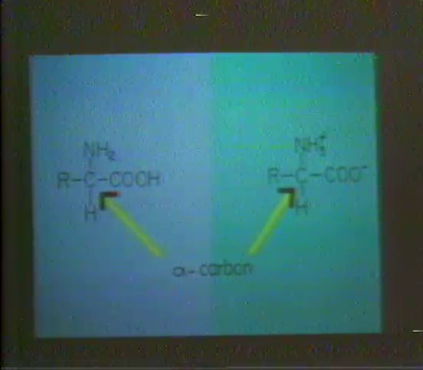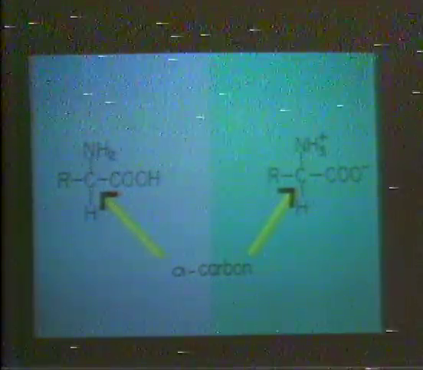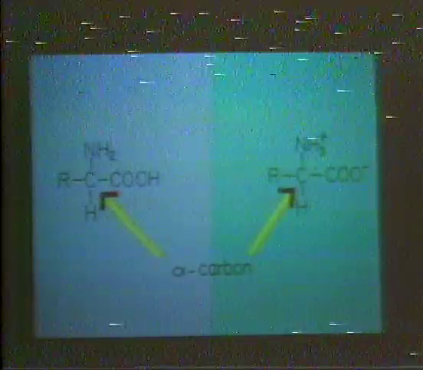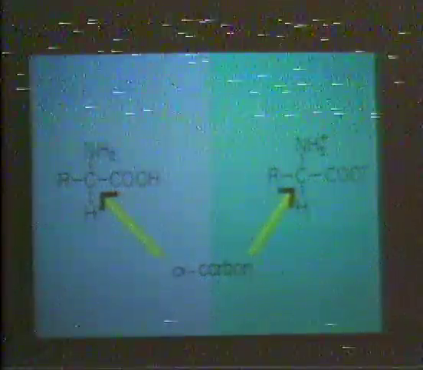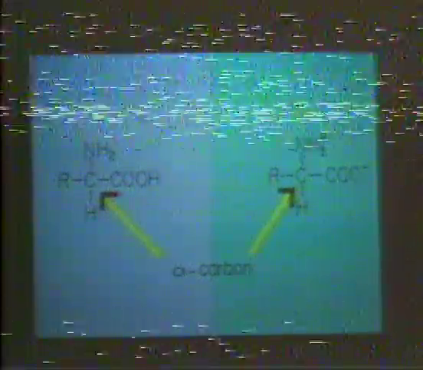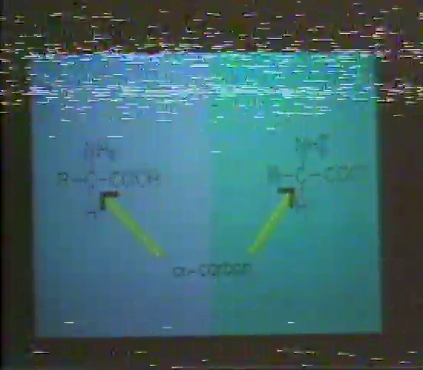configuration, which is based on the nomenclature originally used in carbohydrate chemistry, and the assignment of the D or the L series according to the spatial arrangements of the four groups surrounding the asymmetric alpha carbon. These groups, as indicated here, are all different, and if they are, the compound has optical characteristics. The important feature is that of the amino acids found in nature, essentially all of them are the L configuration. There are a few exceptions to this statement, but these are rather bizarre. For the purposes of our early discussion, it is sufficiently accurate to say that amino acids found in nature are